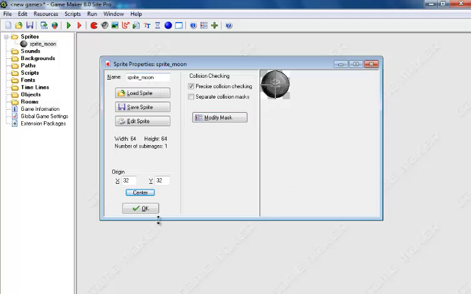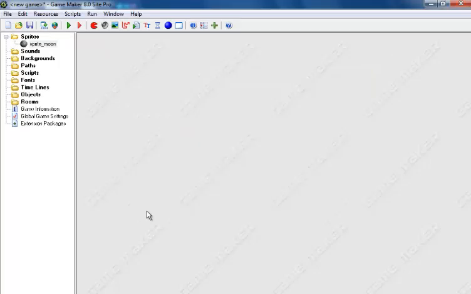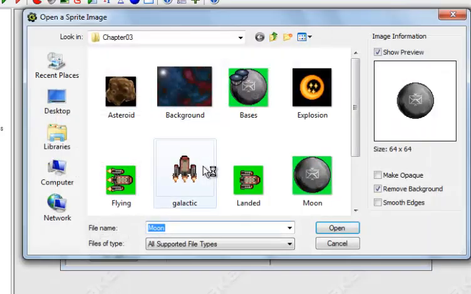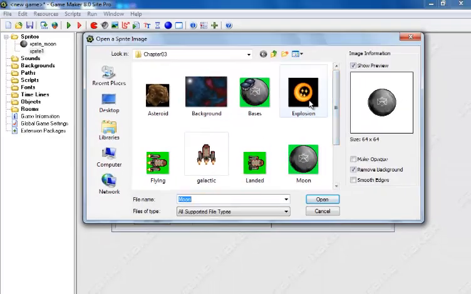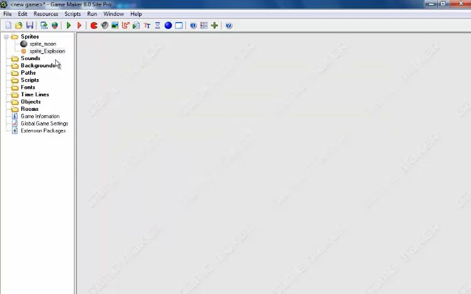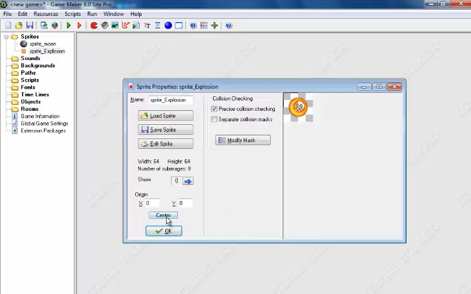So the next thing I will be doing now is to import in the sprite. Let me edit right sprite. I'm gonna need explosion. Okay, explosion, sprite_explosion. Okay, let the explosion start in the center as well. That's good. Then